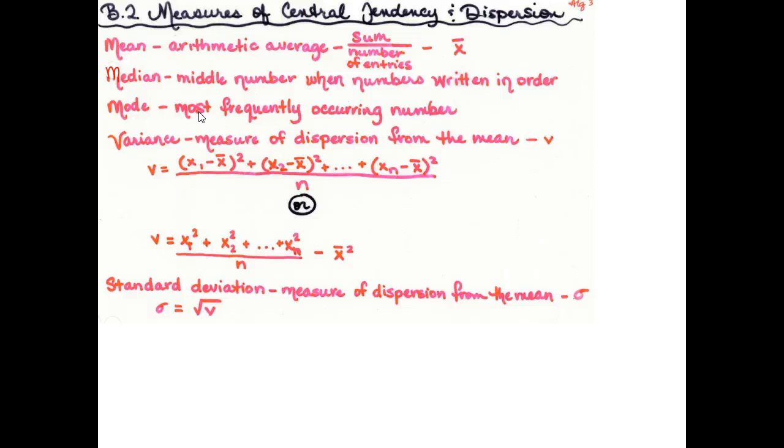Although we use mean most of the time, if we were looking for something like a class average on a homework assignment, and 10 of the students in the class of 25 had not done the assignment and gotten zeros, we're not going to get an accurate measure of what the average student's knowledge was on that material, because those zeros are going to skew the data. So in that case, you might be better off to look at a median, which would drop out the extreme high scores and the extreme low scores